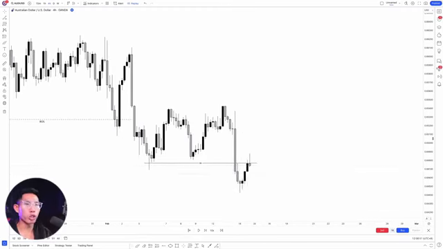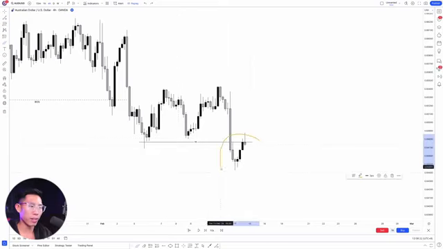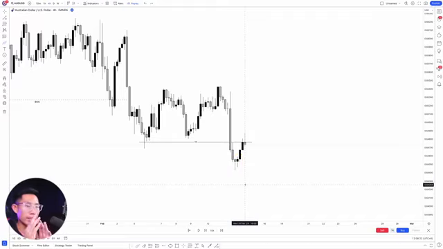If you observe the candlesticks that are forming right here after price has broken past the equal lows, price is giving us a small candlestick right here. And then look at these two candlesticks right here. This shows us that the selling pressure, the selling momentum, is gone. The smart money is potentially going to enter into the market soon, and they're going to enter for a buy position in bulk, right? And you can start seeing some sort of bullish momentum right here.